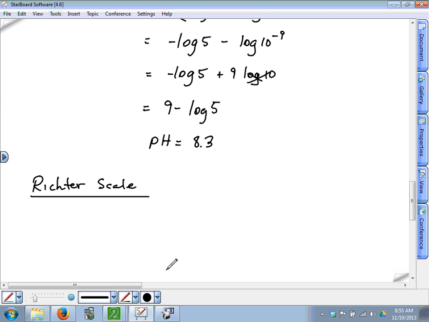All right, the Richter scale was developed by a guy named Richter. It measures the intensity, or the magnitude rather. It measures the magnitude of an earthquake. So magnitude M is equal to the log, common log,